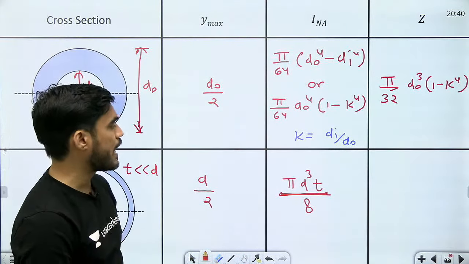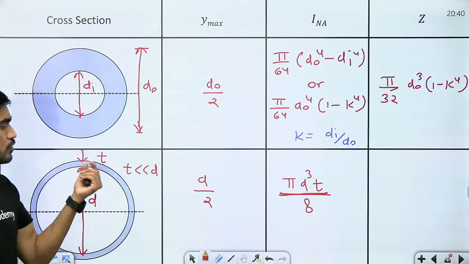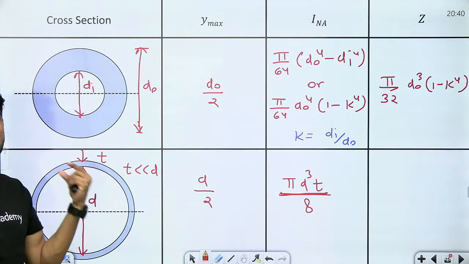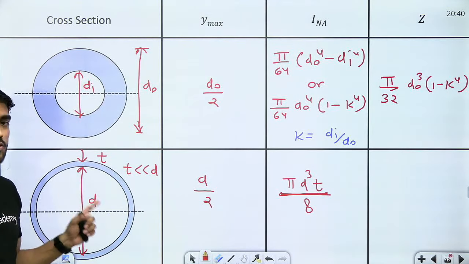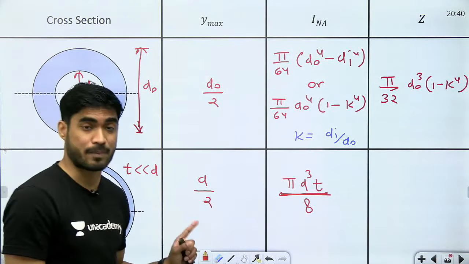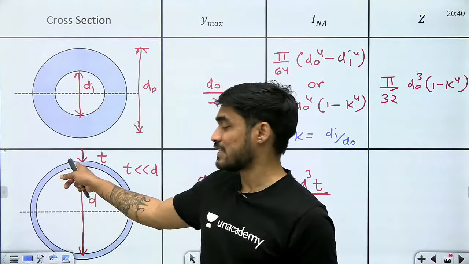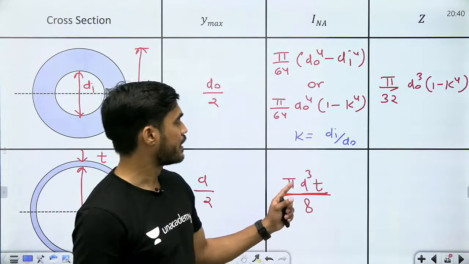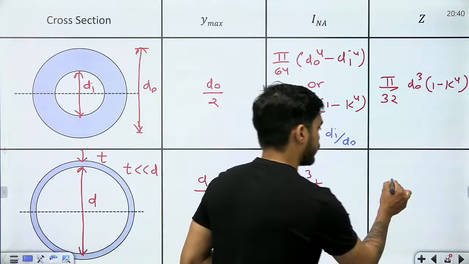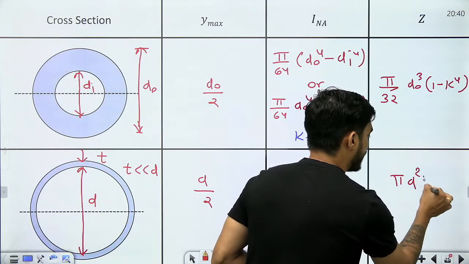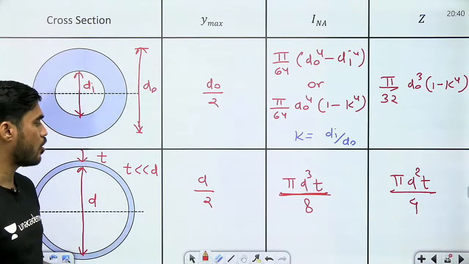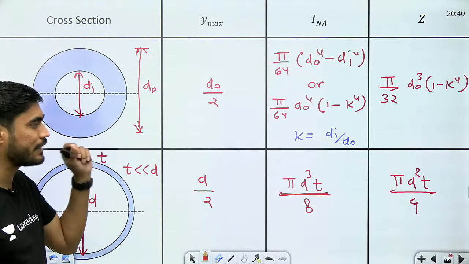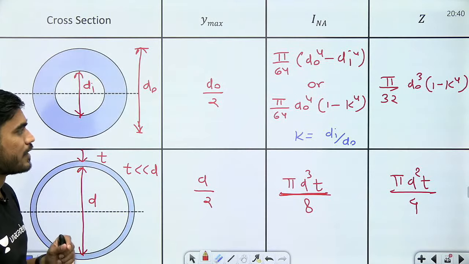So बेटा ये जो cross section है hollow circular section but very negligible thickness, ये बहुत जगह use करेंगे। Strength of material में we will use this in thin cylindrical pressure vessel. Thin cylindrical pressure vessel में ये वाला cross section आएगा, okay। Now बेटा what will be z? Z will become pi d square t by 4, ठीक है। So this is z of hollow circular section with negligible thickness, ठीक है।